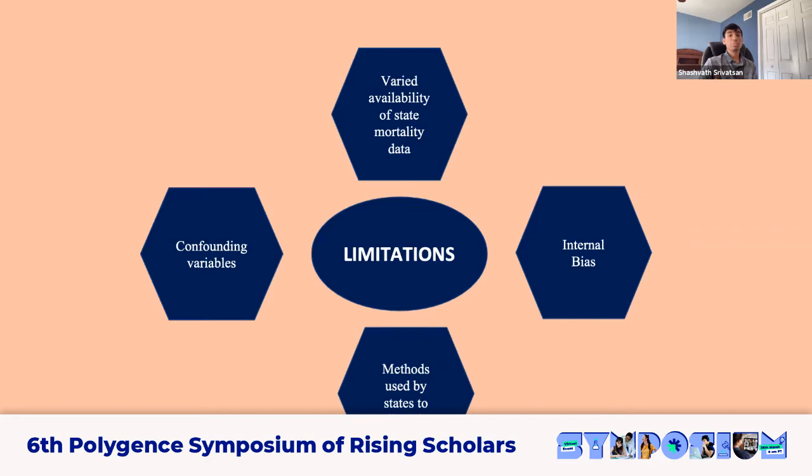Here it's being assumed that the differences in mortality rates of the states of interest are directly associated with the strictness of that state's COVID-19 restrictions. However, there may be some overlooked variables that may also be responsible for this finding. Although states were selected based on their COVID-19 guidelines, other variations or lurking variables may be the cause for these numbers.